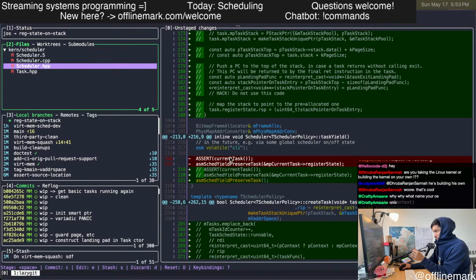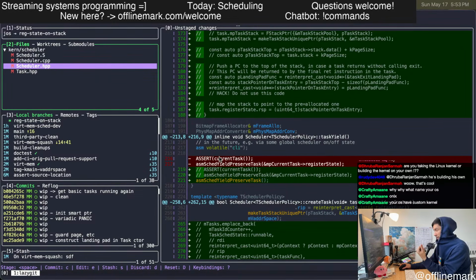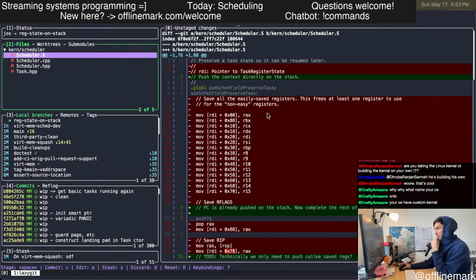All we change is we don't need to assert the current task or pass in a state. We just call this thing straight up like that, and it uses the stack like we saw up here. It just starts pushing things onto the stack.